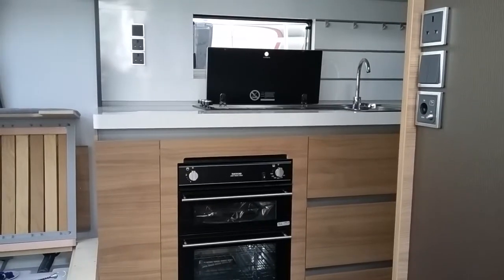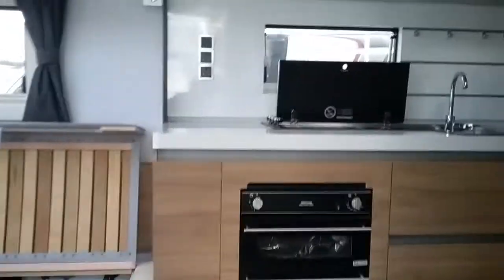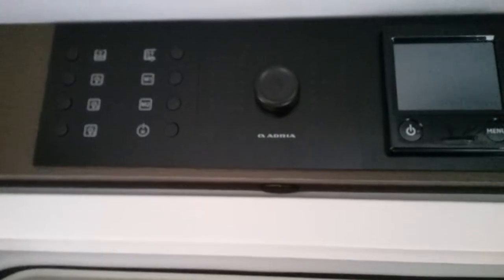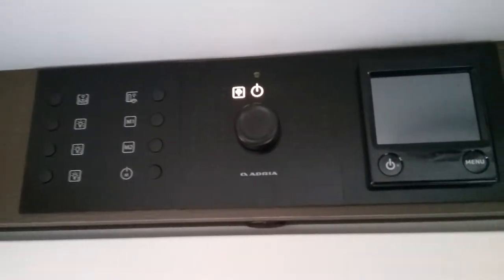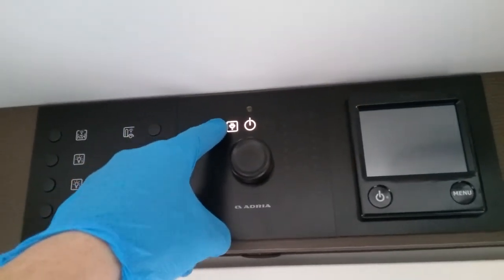Here we are inside the Adria Alpina Missouri 613 UC. If we step inside and go right above the entrance door, we have the main Adria control panel just here. So if we press this button in, we will then turn the 12-volt system on. You will also see we have an illumination just here letting us know that we have main supply connected to